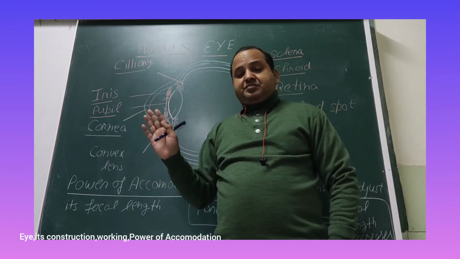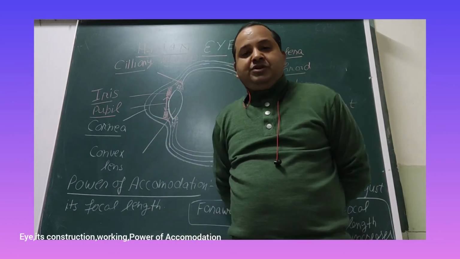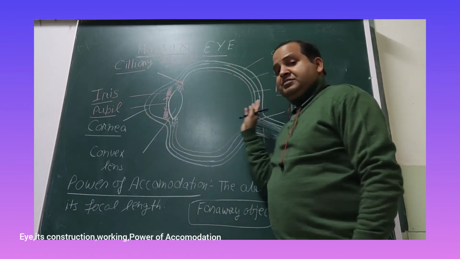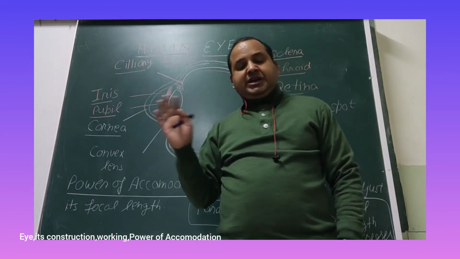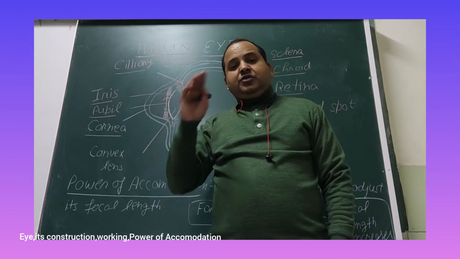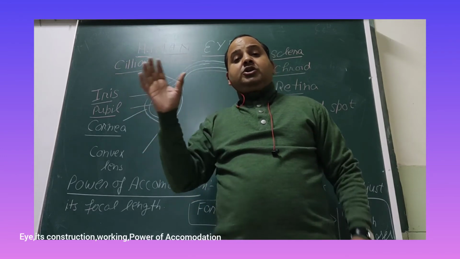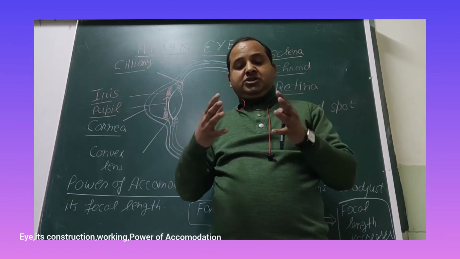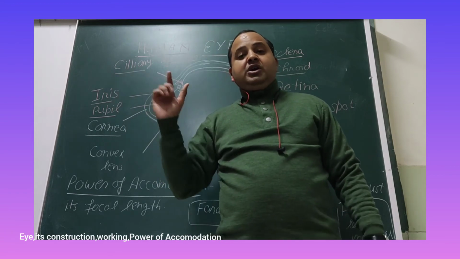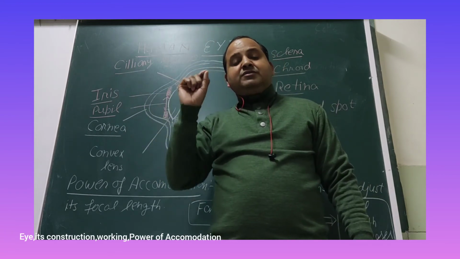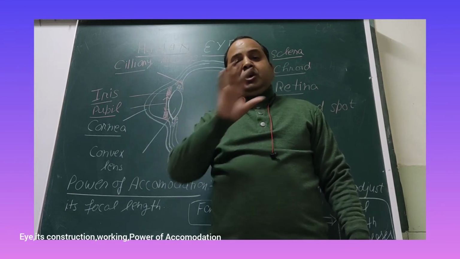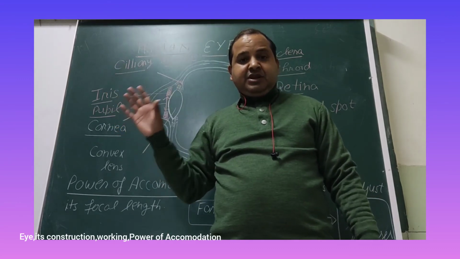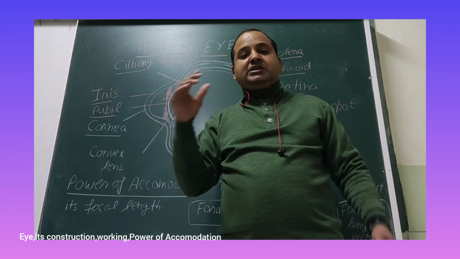Then what is called persistence of vision? Every object remains on the retina for some fraction of a second, and after that it vanishes. So if we rotate many images in front of our eye, they will mix together and convert into a video. For example, on our eye every image remains for 1/16th of a second. If you rotate 24 images in front of our eyes in just 1 second, they all merge together and become a video.